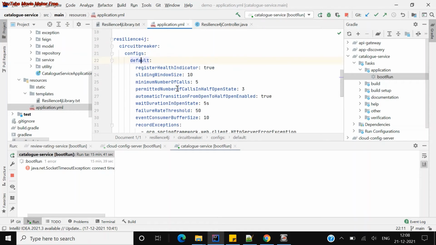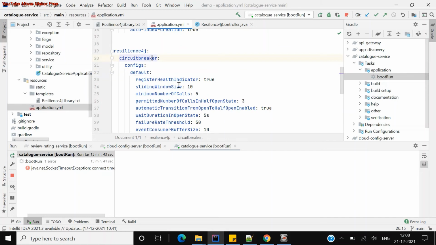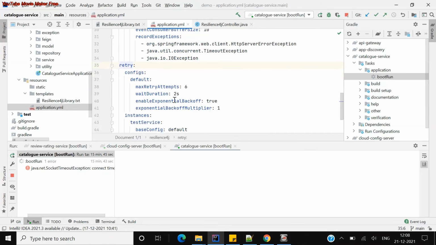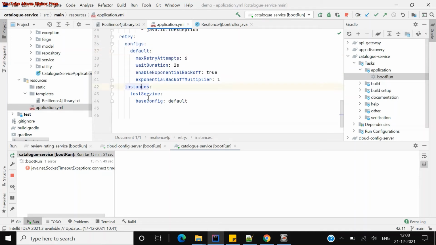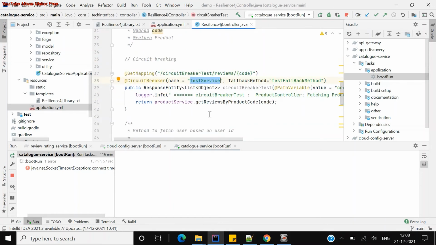So what I did is, I have a circuit breaker configuration and a retry configuration as default parameters here, and the instance I've given is test service, which is my instance, and it is running and taking the default values. So this test service is similar to what I have mentioned here in the circuit breaker pattern, which service it has to look for.